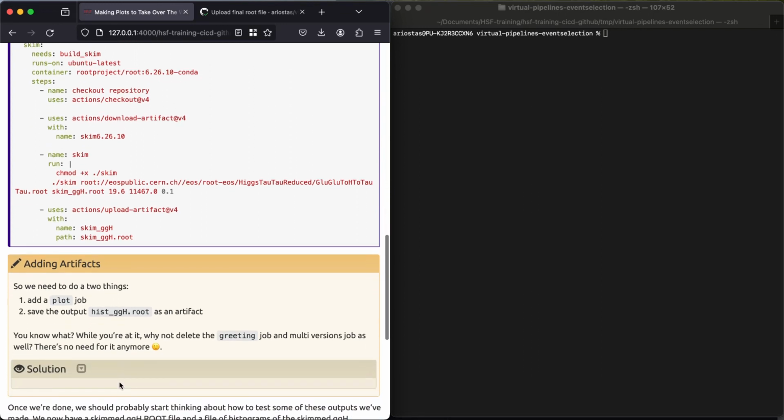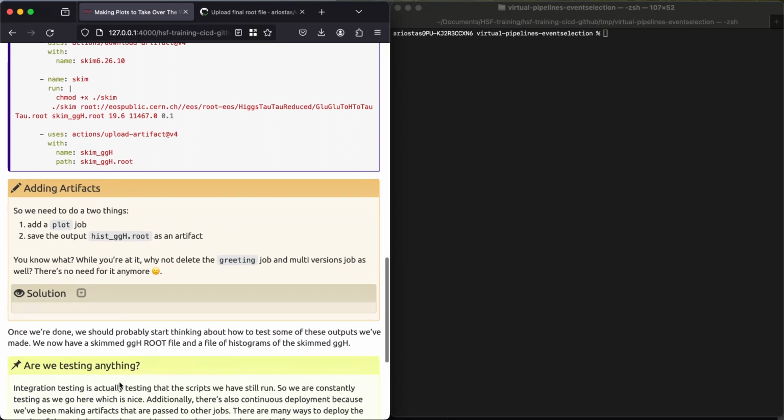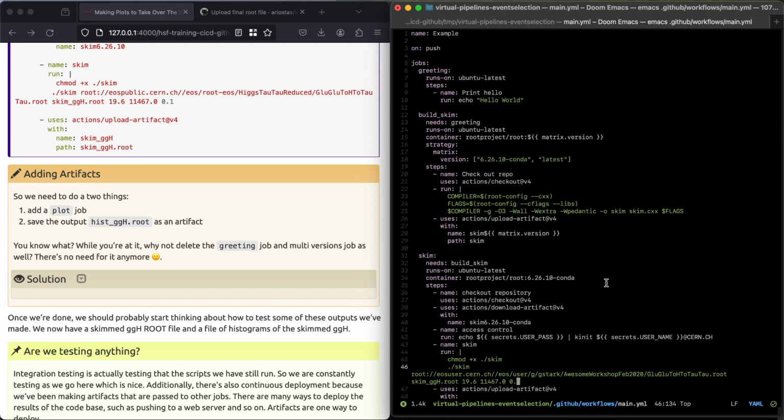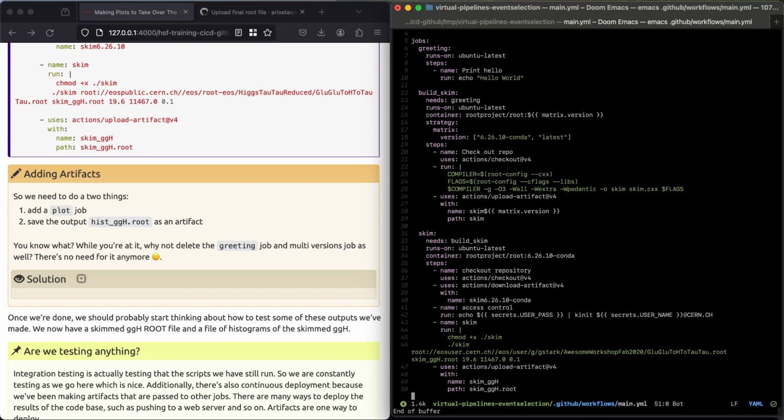So you should try this by yourself. So pause the video and try it, and then you can come back and look at the solution. Okay, so let's implement this. So let's open the YAML file as before. So we'll want to go to the very end